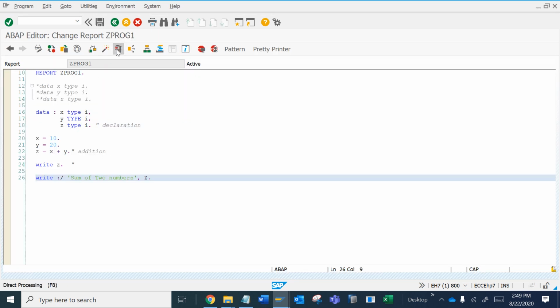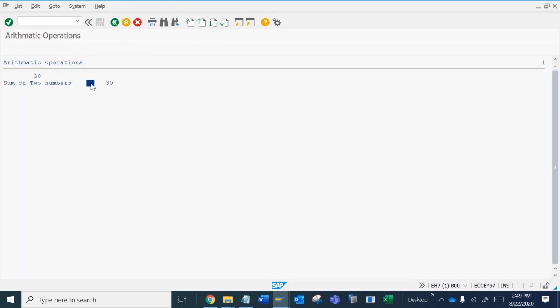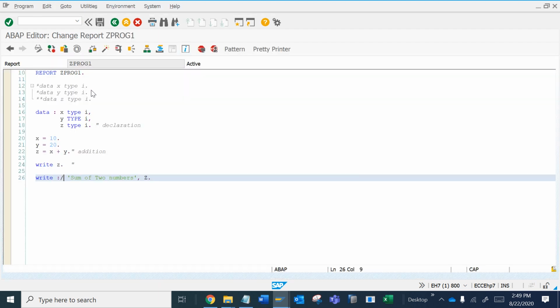Now here, as you can see, lots of space is coming after the text. So how is it coming? I will tell you about this.